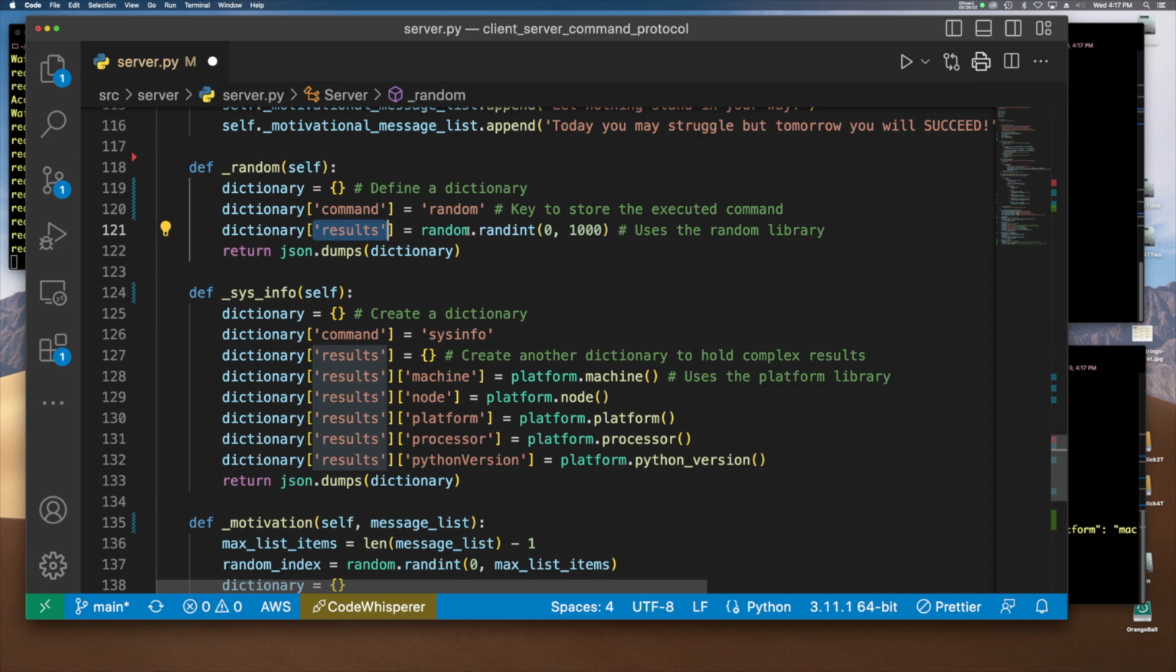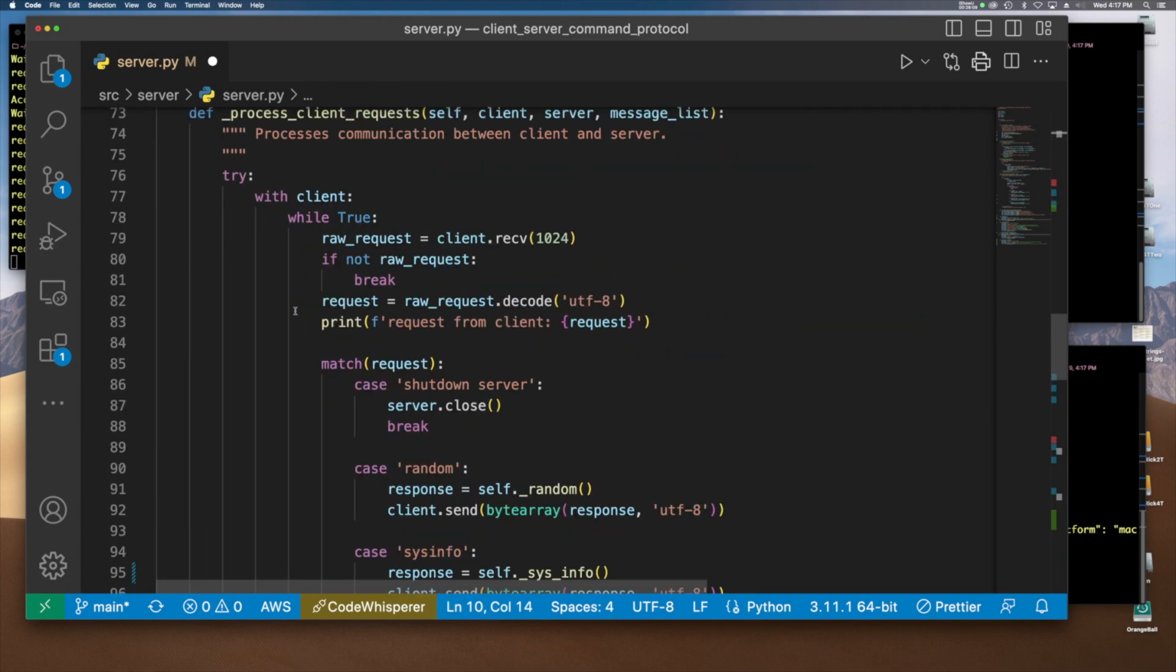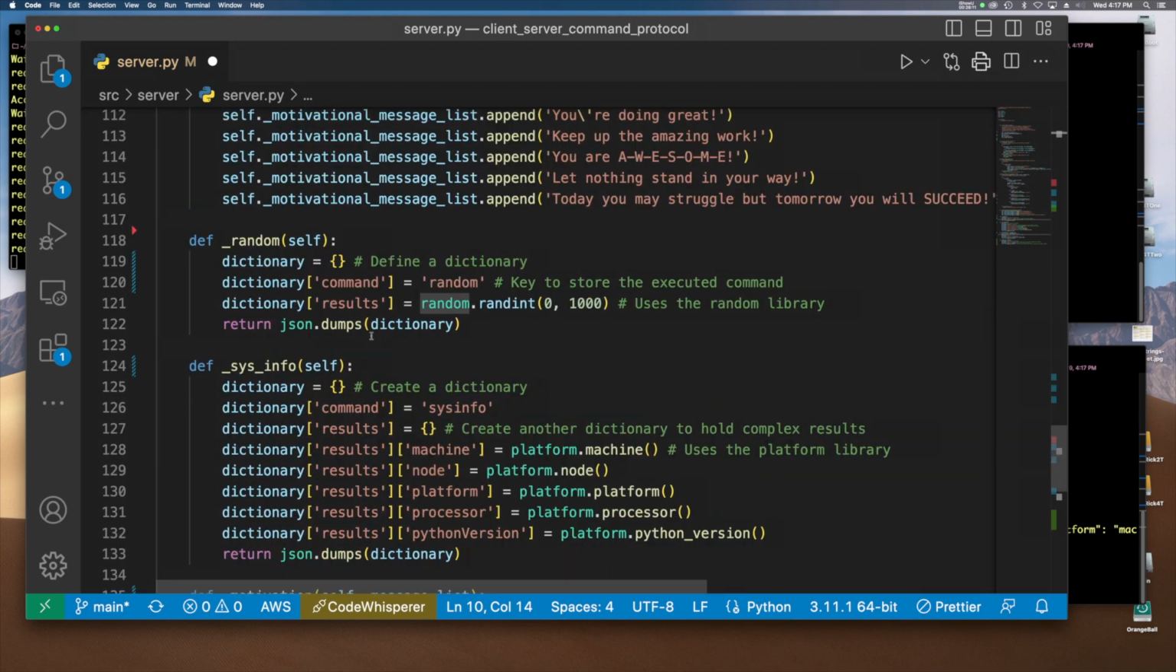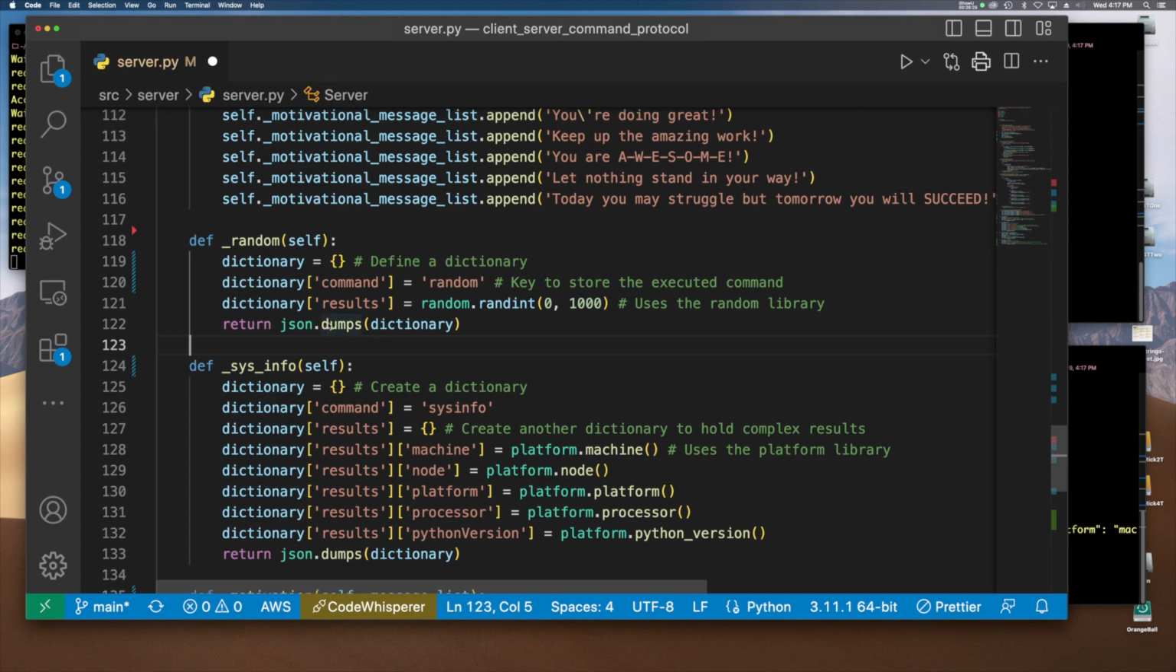And of course, this random is from the random library. So we come up here, I'm importing random. And so I create a random int between 0 and 1,000. And then once I have that, I can take my dictionary and use JSON and the dumps, json.dumps. Think of dumps as dictionary to string. If you're new to JSON